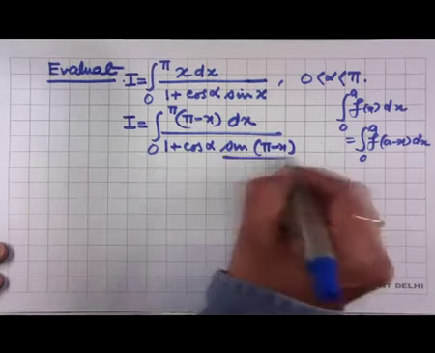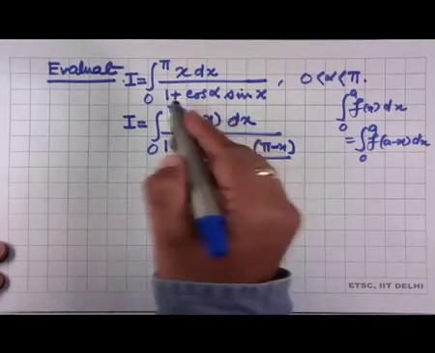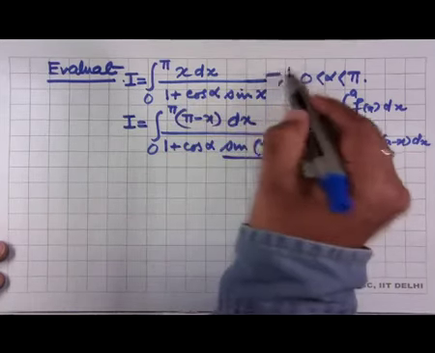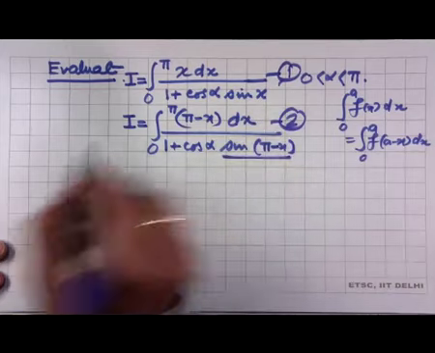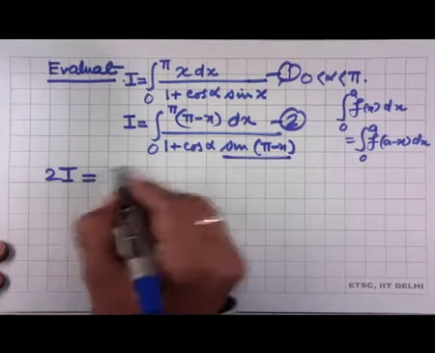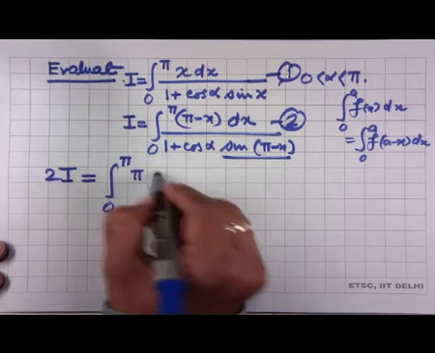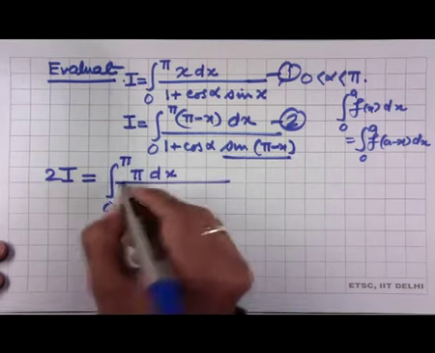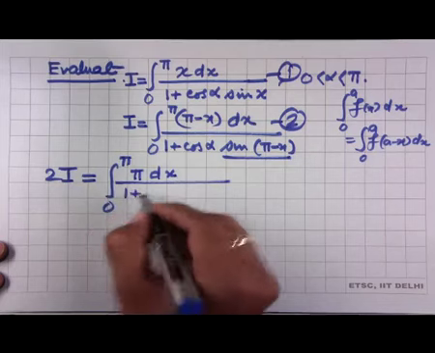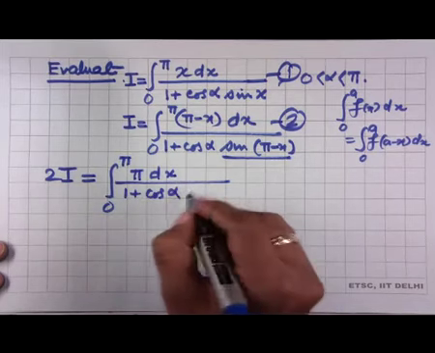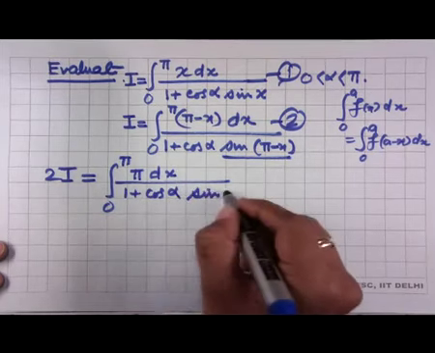Again sin pi minus x is sin x, so the denominators of 1 and 2 are both the same. So if you add, you get 2I on this side and this side will be pi dx upon 1 plus cos alpha sin x,